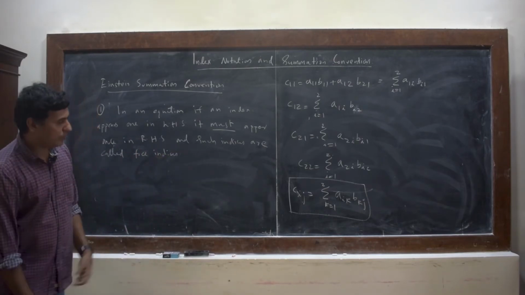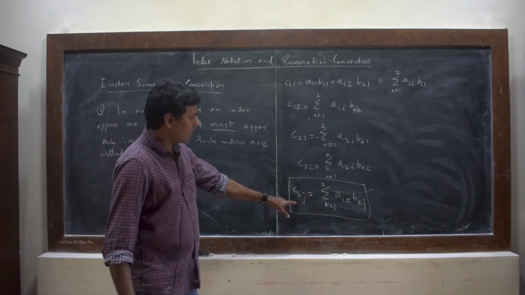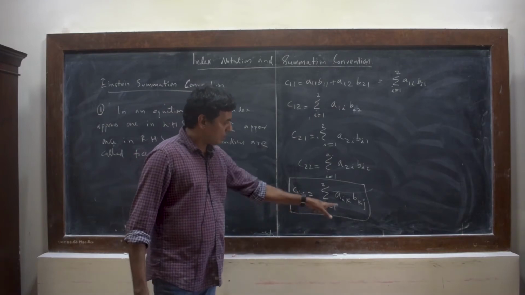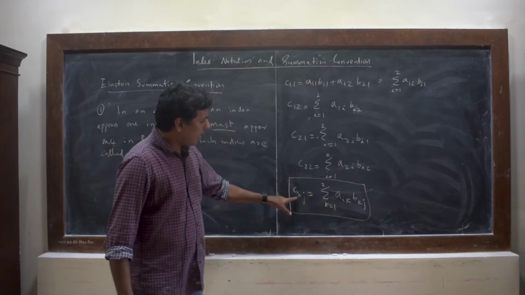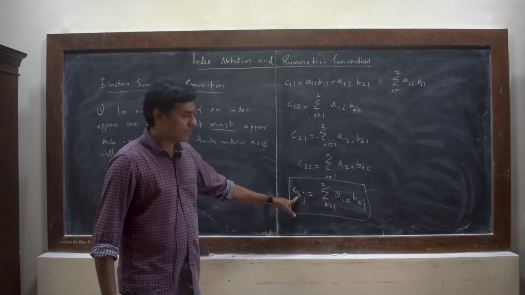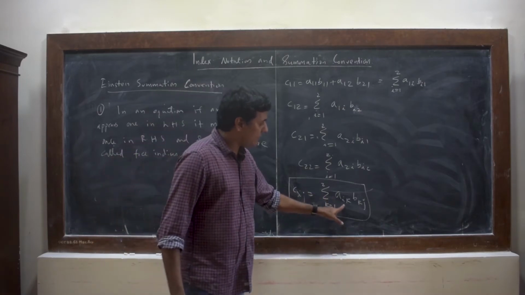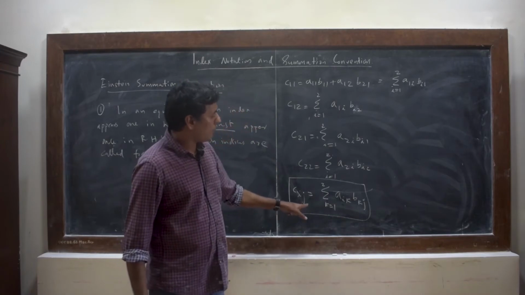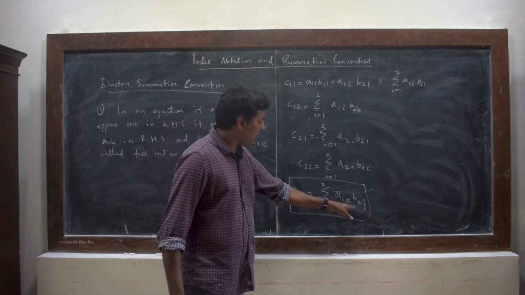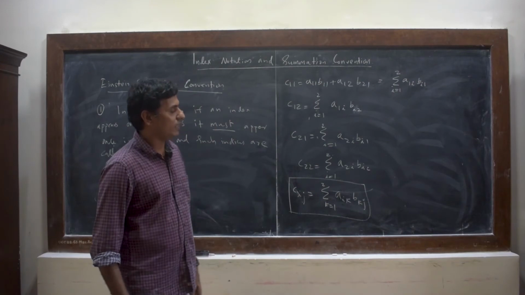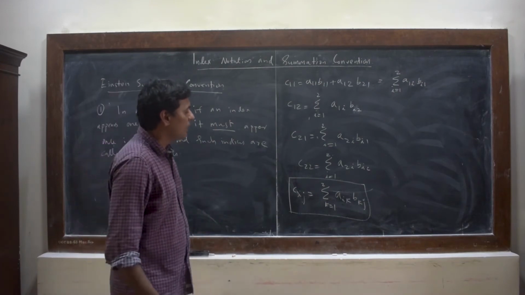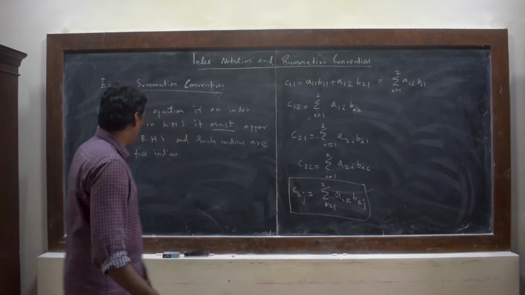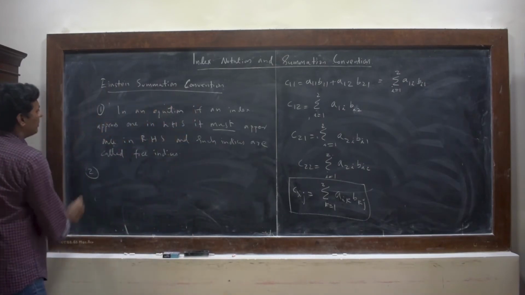For example, here you can see in this equation Cij that i appears once in the left hand side, and it appears exactly once in the right hand side. Similarly, j appears once in the left hand side, and j appears exactly once in the RHS also. So both i and j are free indices. And now the second point is that